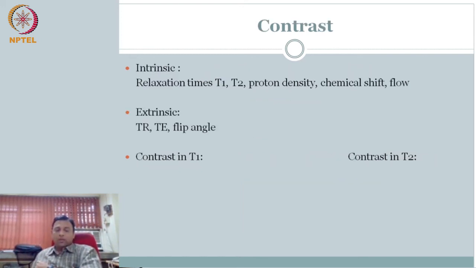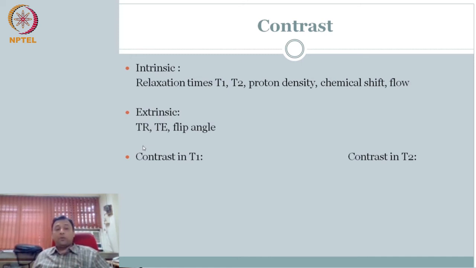Contrast, there is not much that we are going to cover because we have covered this extensively. So contrast is due to two things. One is intrinsic. We covered relaxation times T1, T2 and proton density. There are actually other properties also people are researching and trying to use. There are chemical shifts. Nowadays susceptibility is becoming a parameter that people are working on. Then flow, tensor flow, you hear about that a lot. So there are other things. We didn't go into the advanced recent ones. We restricted ourselves to intrinsic contrast that are reasonably well understood and currently used in several clinical applications.